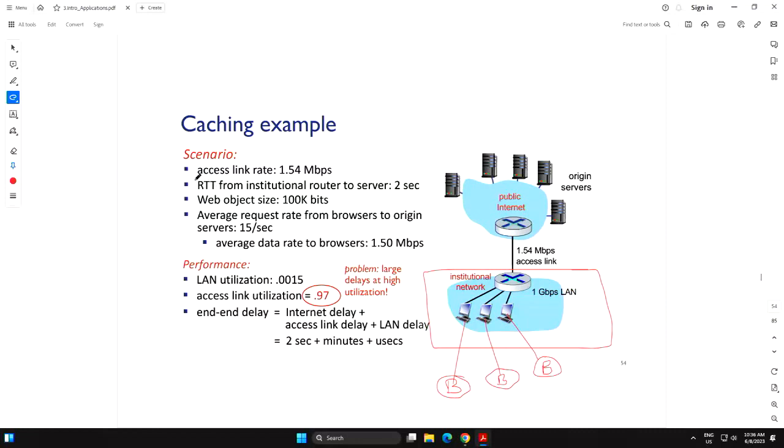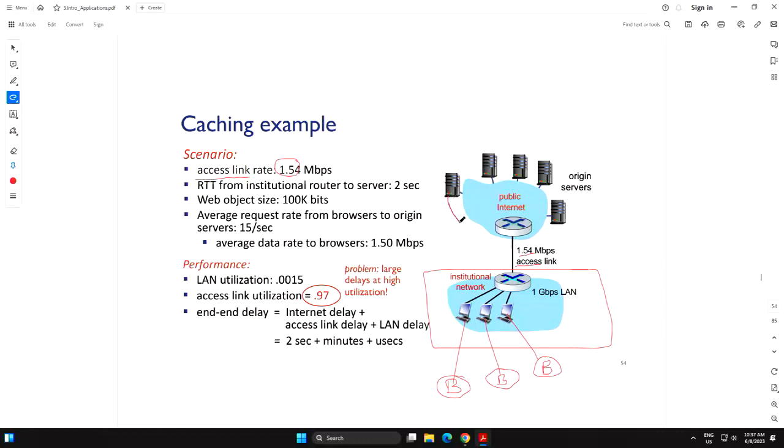Access link, 1.54 megabits per second. Which one is the access link? This is the access link. So this is your internet connection, right? This is the access link. This is 1.54 megabits per second. RTT from the institutional router, so this is your institutional router, to the origin server is 2 seconds.